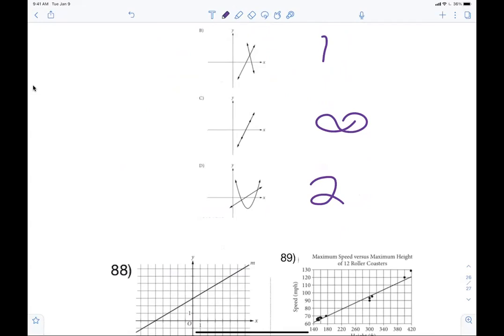All right, so again, not much, but I do want to go over 88 and 89 tomorrow to be sure. I will collect these tomorrow. I want it all finished, all done, all 89 problems. That Thursday's